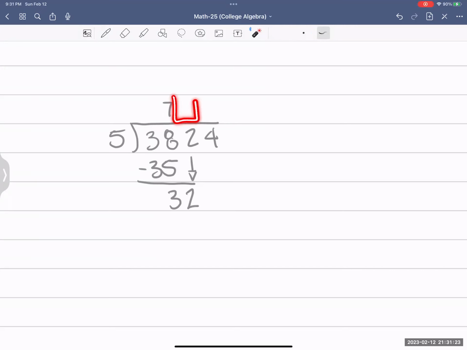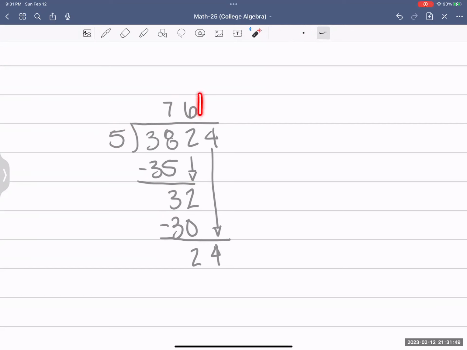So now what do we multiply to 5 to get just under 32? Looks like that's going to be 6. Then we do 6 times 5, that's 30. And we subtract those two numbers. Looks like that's 2. And then we bring this last digit down,